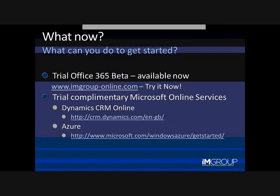So, what can you do? Microsoft's Office 365 trial has actually started. So you can actually sign up to the beta system right now and get a feel for it and start playing around with it and get familiar with it. All you need to do is go to imgroup-online.com,